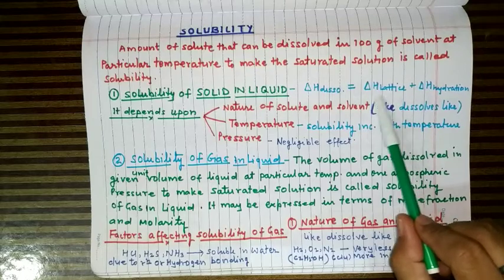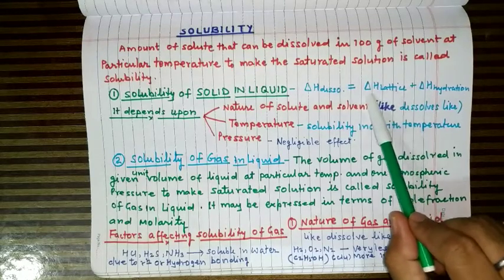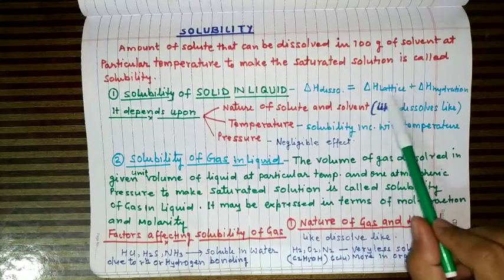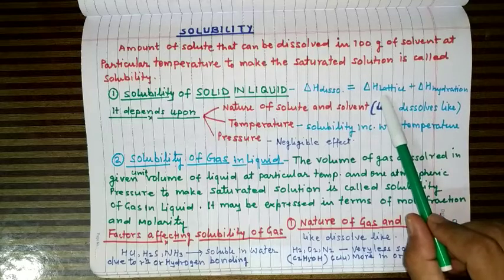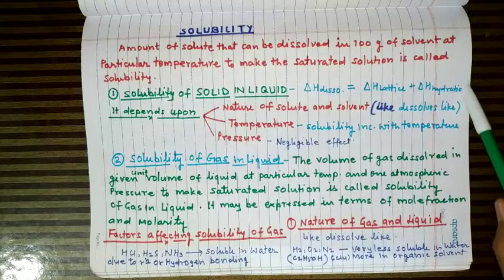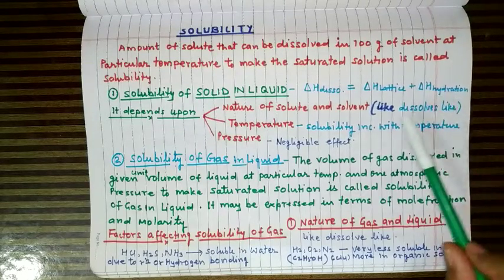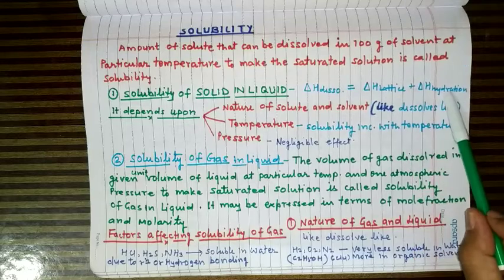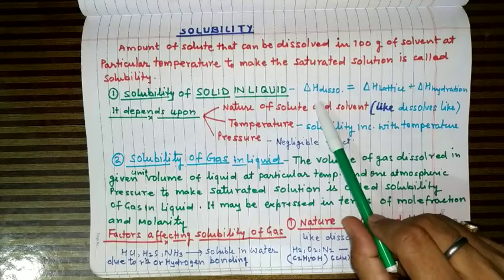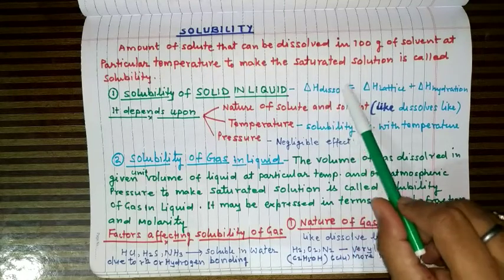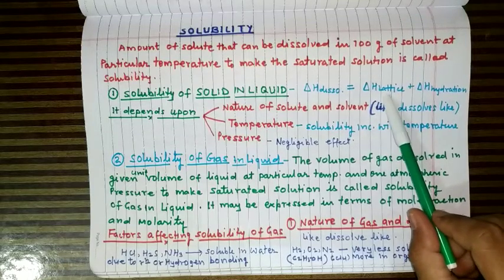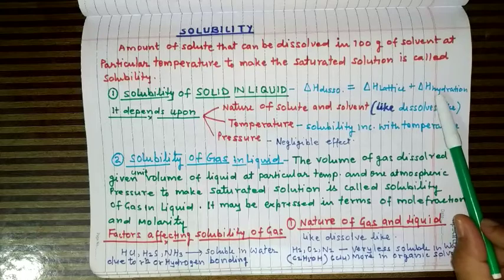Lattice enthalpy is required to overcome the force of attraction between the solute particles, or ions in case of ionic solute, so that they can be separated from the lattice and come into the medium. And then medium molecules stabilize the ion by arranging themselves around them by ion-dipole attraction. Lattice enthalpy is required and hydration enthalpy is released. So, for any solute to dissolve in a given liquid, its enthalpy of dissolution should be negative. Means lattice enthalpy should be lower and hydration enthalpy should be greater.